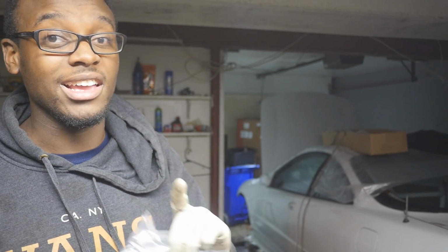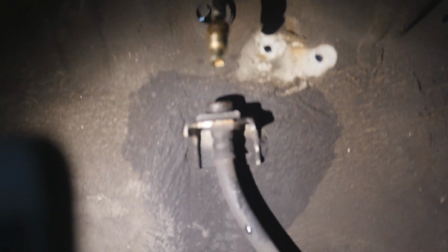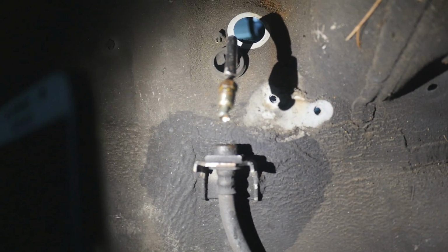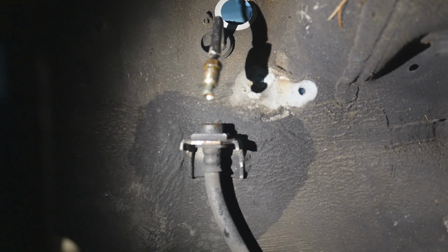That's everything you need. Time to hop over to the engine and get to work. Alright, first step is you're going to want to disconnect the brake lines where they meet at the rubber line. So this is literally just the 10mm flare wrench that you're going to use for this. Take this off and make sure both sides are off, and just squeeze the brake pedal inside,